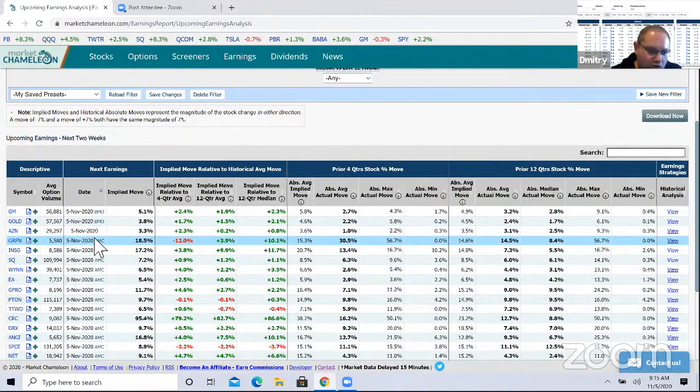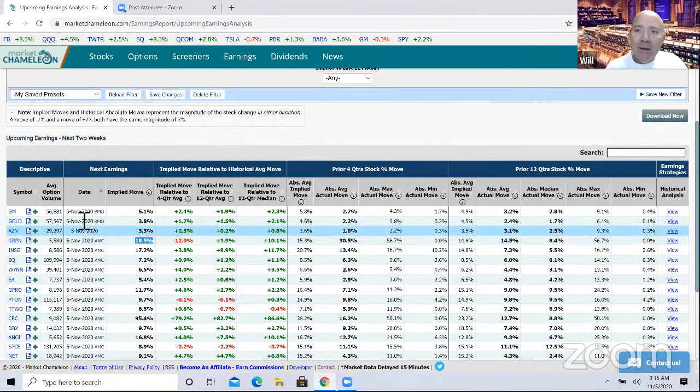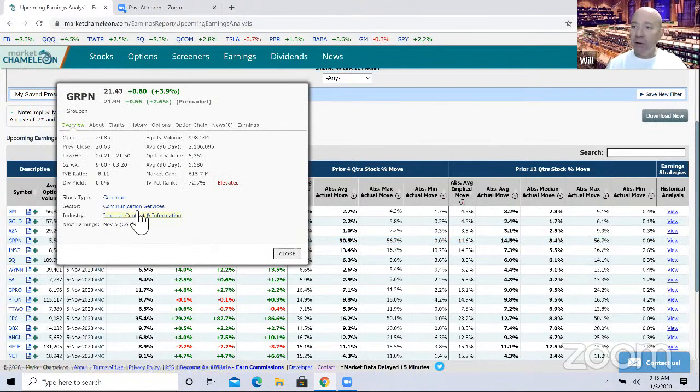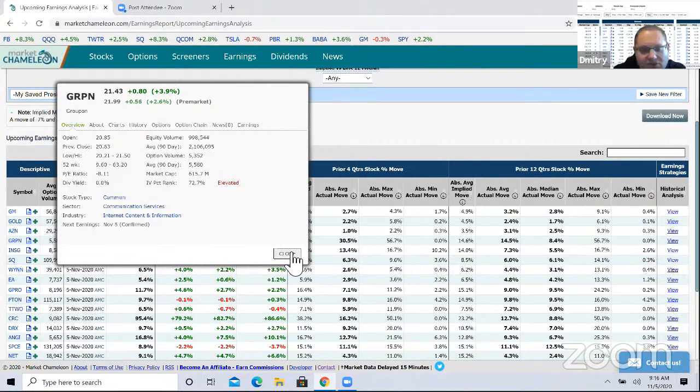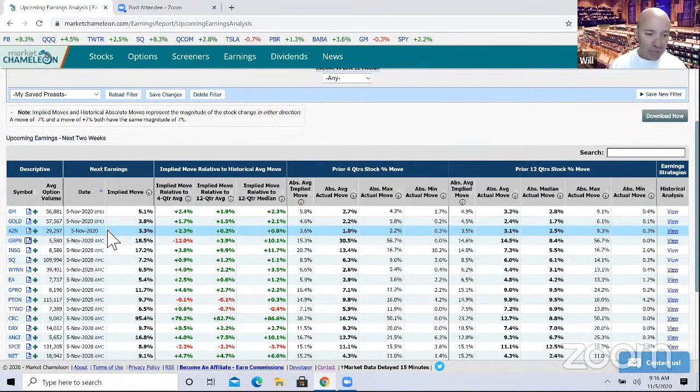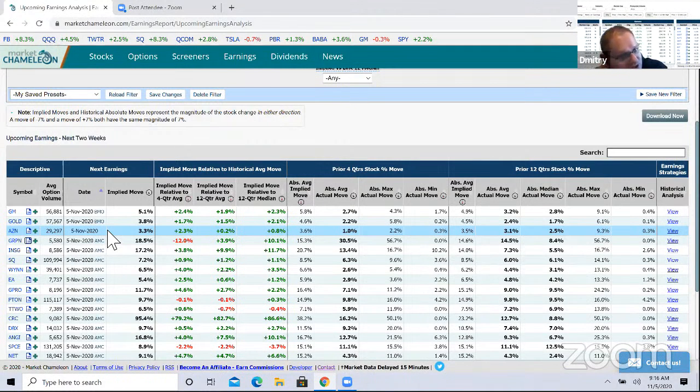And we see here Groupon, that's reporting earnings today after the market close. Is Groupon still in business? It looks like it is. Let me make sure that I'm on the right one. No, I'm sure you are. I just haven't seen it or heard of it in a long time. I mean, that was a high flyer at one time, and now it's a $20 stock. Let me see. This is a low market, $615 million market cap. So it probably dropped a lot from its initial prices, I would guess, but it's still there. I think my wife used it in the early stages. I'm not sure if she still does, but